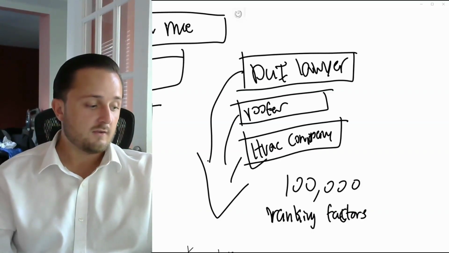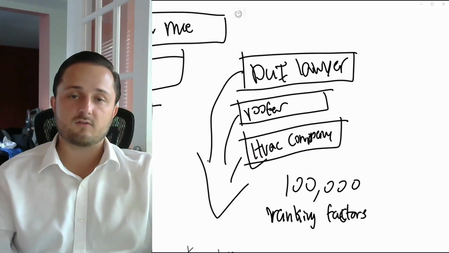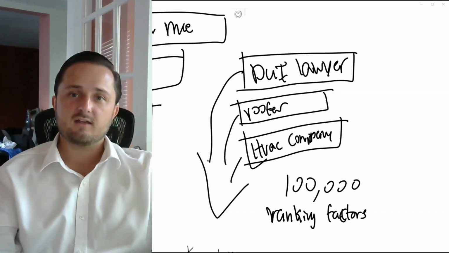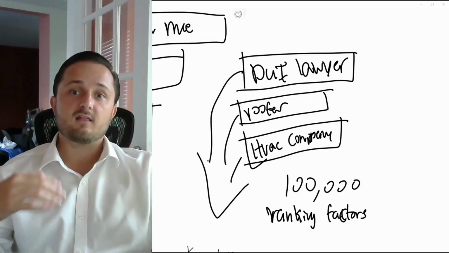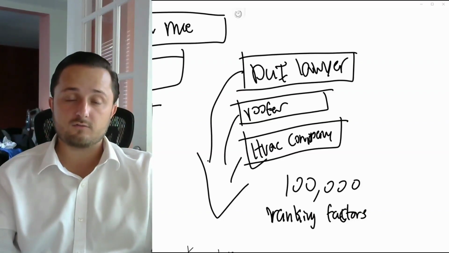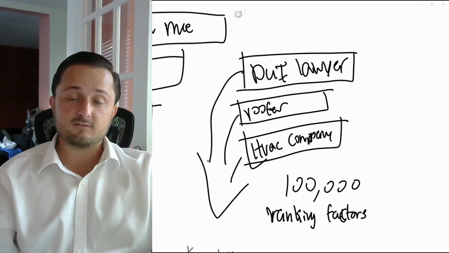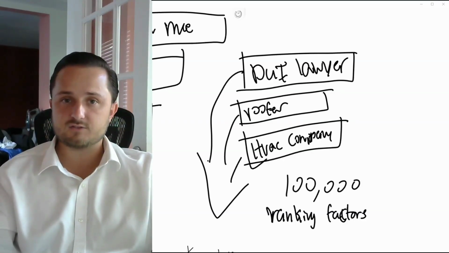Not only that, we can reverse engineer why they rank and get an understanding of why this search engine thinks this is important. Why does it think this page deserves to be in the first position? What are they doing to rank for the keyword DUI lawyer Los Angeles, right?